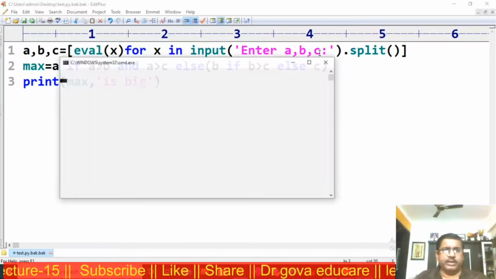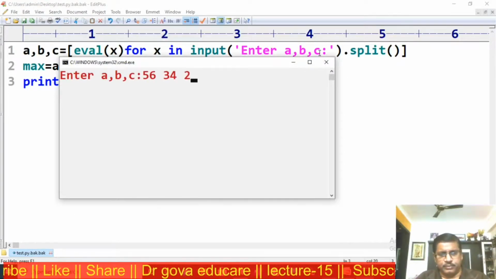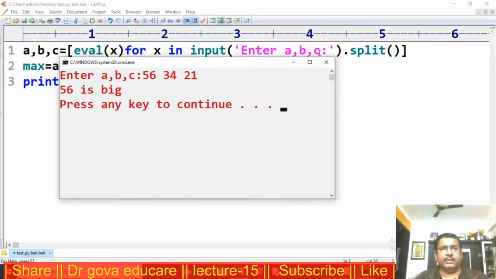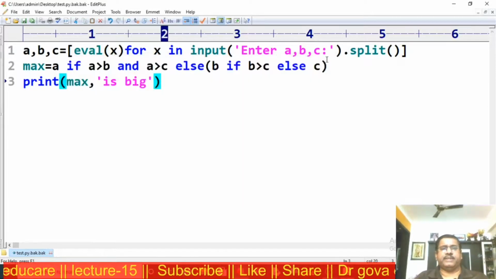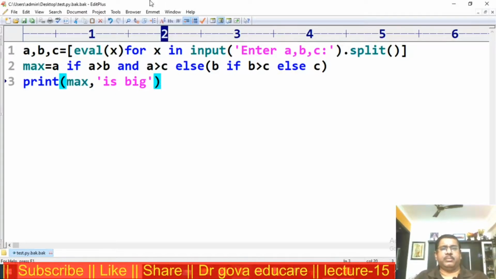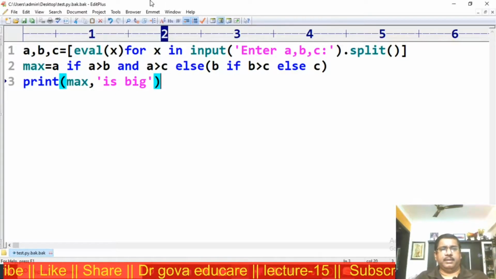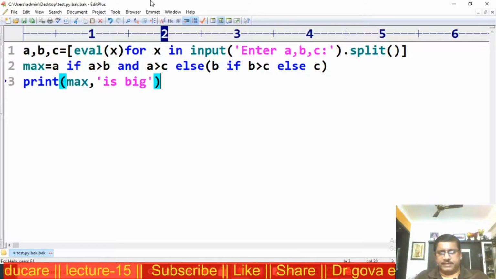Again I am executing. 56, 34, 21. 56 is big. Now this is the program to find the largest value among a, b, c.